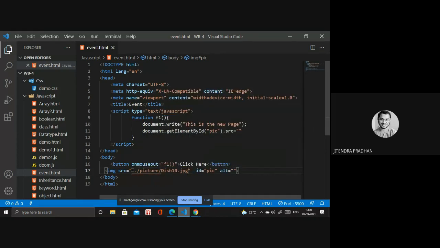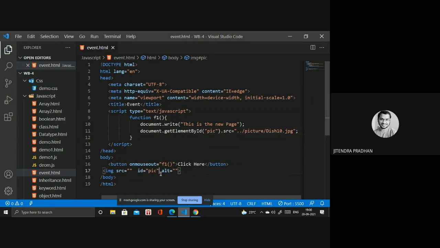I will copy that path. I need the height and width as well: height 100 pixels and width 100 pixels.